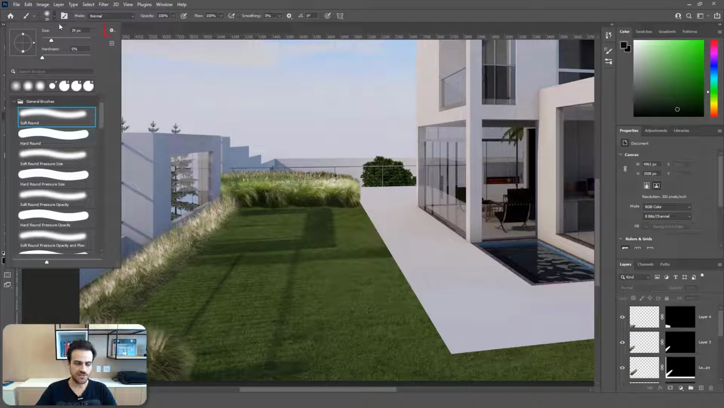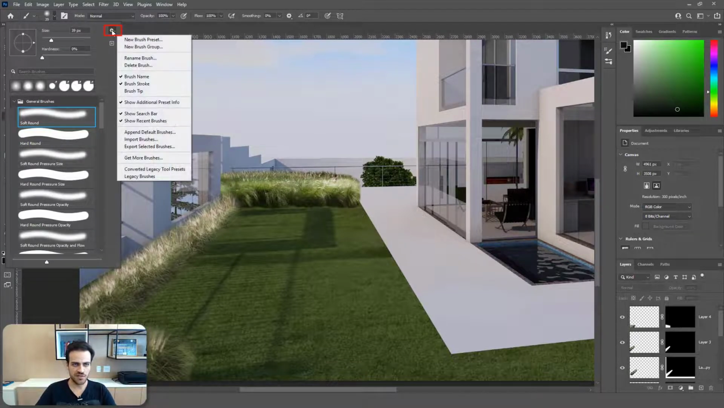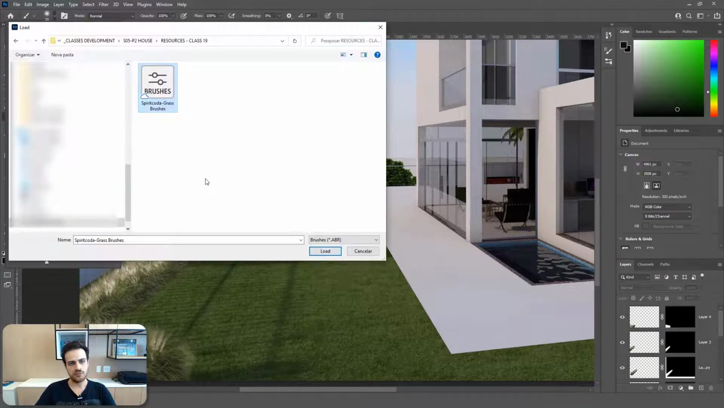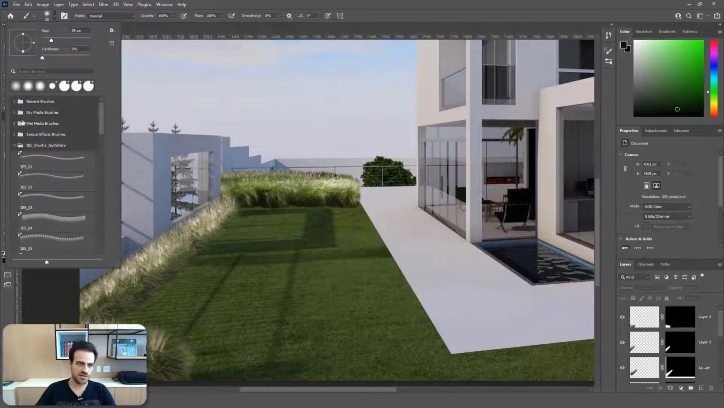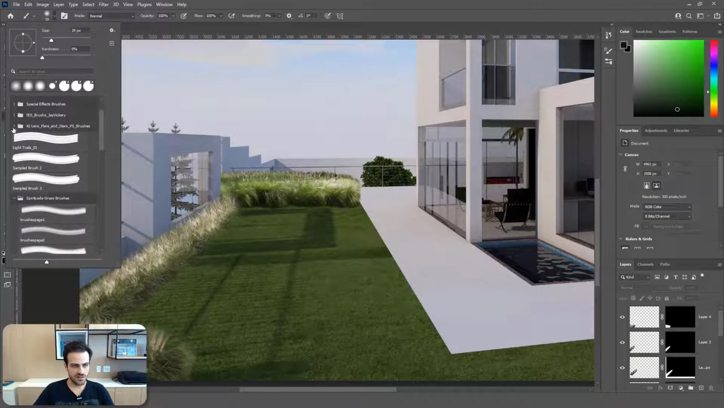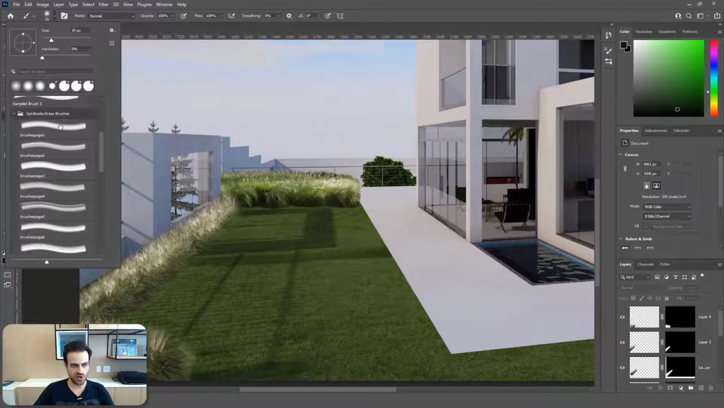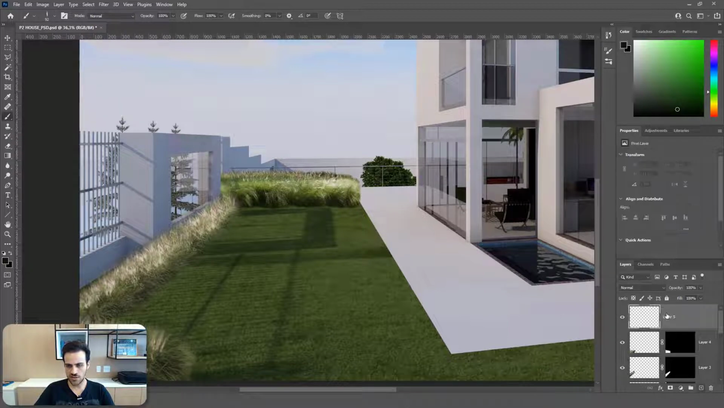We have here on the upper bar the option of clicking on this icon, and going here you can import brushes. So I could select this file and load, and you see here the final of my list this Spirit Code, the grass brushes. So using this brush we have here the option of changing the size, and here is not activated to be used. I will create a new layer, and this layer I'll call Vegetation 2, and in this